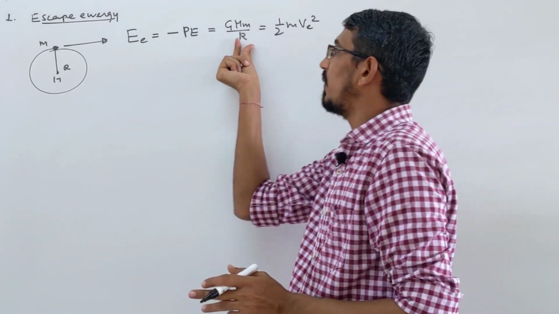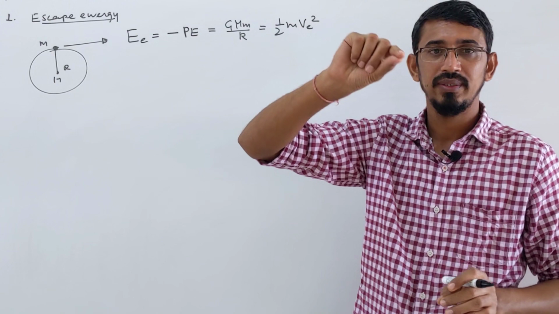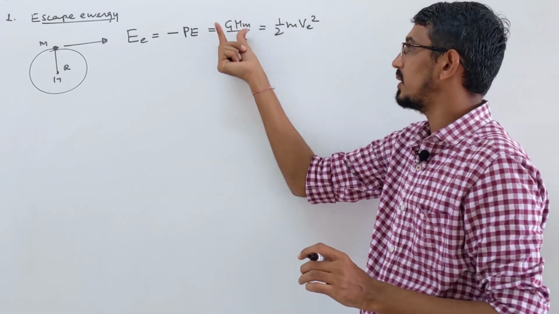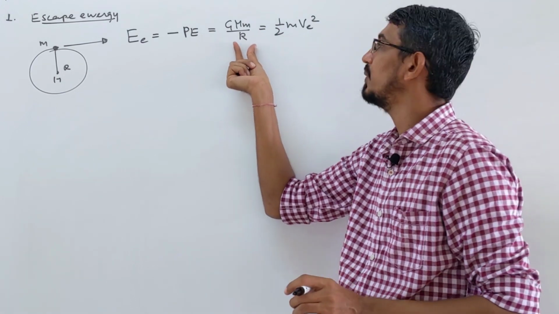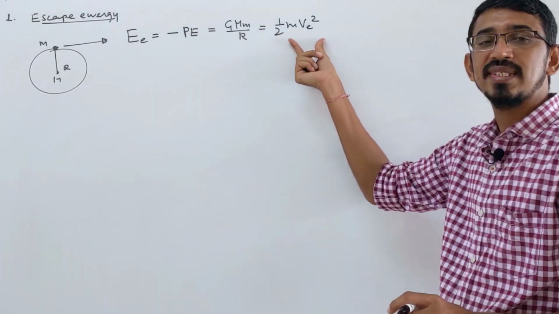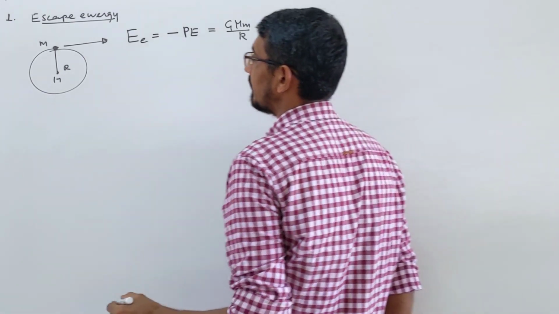So, here we are finding escape velocity. Either we say the potential energy on the surface of the planet is equal to that only in terms of magnitude, but just positive, we have to supply this. So positive, and in terms of escape velocity it becomes simply half m v square. So this is your escape velocity.